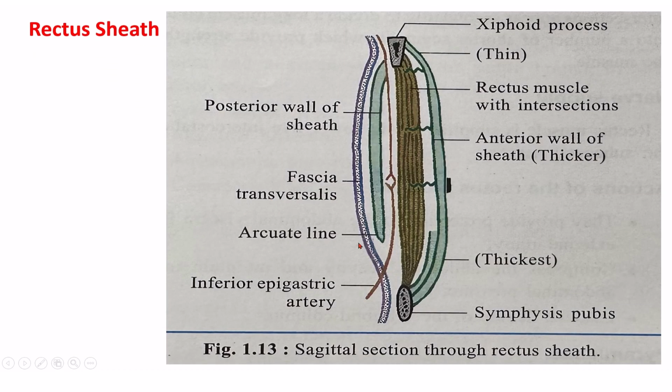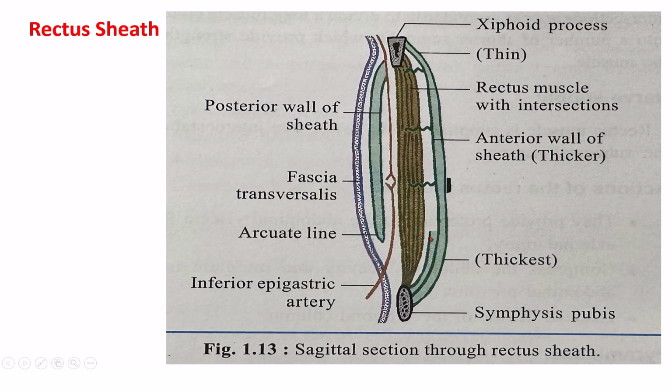So now coming to the rectus sheath, as you see here, this is an aponeurotic sheath which encloses the rectus abdominis. So it is having an anterior wall and a posterior wall. You can see here the anterior wall is complete, but the posterior wall is deficient below the arcuate line. This arcuate line approximately corresponds midway between umbilicus and symphysis pubis. And also above the costal margin, the posterior wall is deficient, whereas the anterior wall is complete from above downwards,